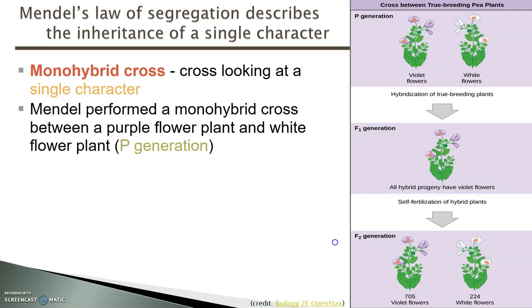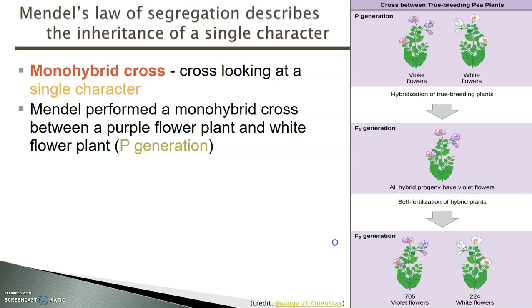So what Mendel did was he took two what are called purebred organisms, meaning that they had purple flowers no matter what all the time. If they mated, they made purple flowers, purple flowers, purple flowers. And then another plant that was also purebred that had white flowers only, or if they mated, that's all that they would get. And he crossed them together. Now these are called the P generation, the parent generation. Basically, these were both homozygous. The violet flowers were homozygous for the purple, and the white flowers were homozygous for the white, and